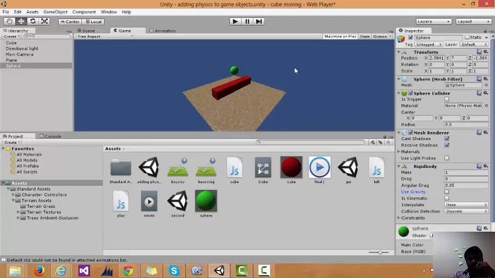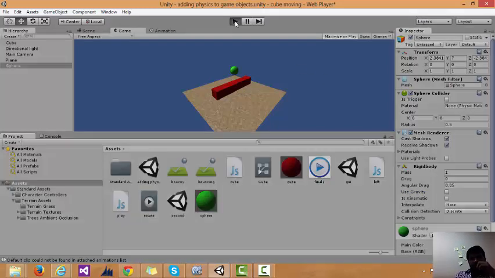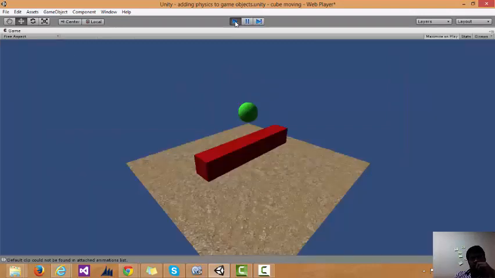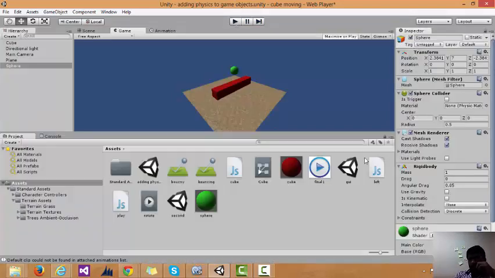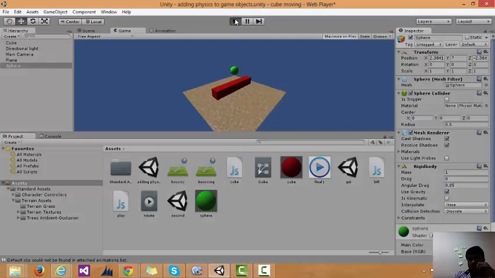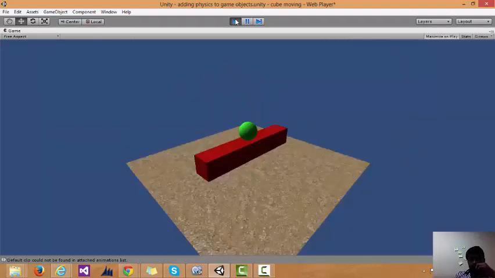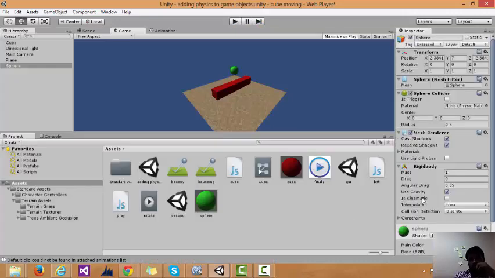When you disable it and run once again, the sphere stays in a static position. But when you enable Use Gravity, it falls because of gravitational force, as we learned in physics in school. Now run your game. Yes, it falls down because of gravitational force. So I've made the sphere a Rigidbody with gravitational force.